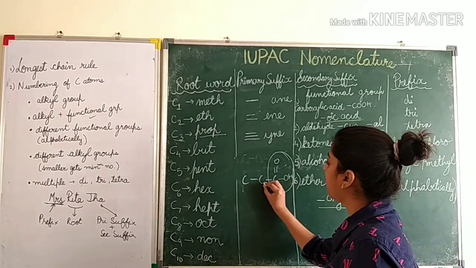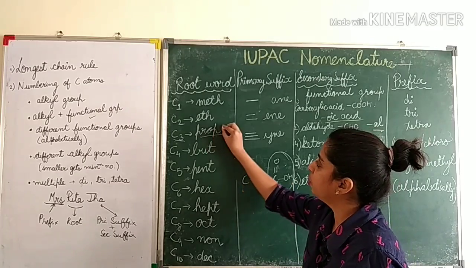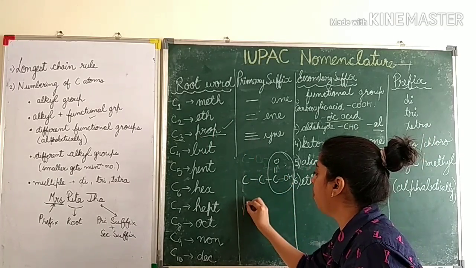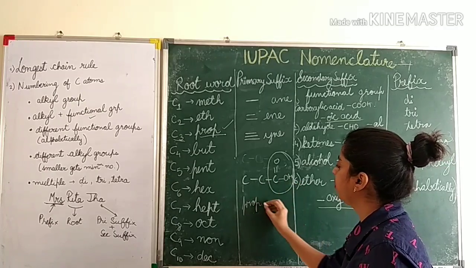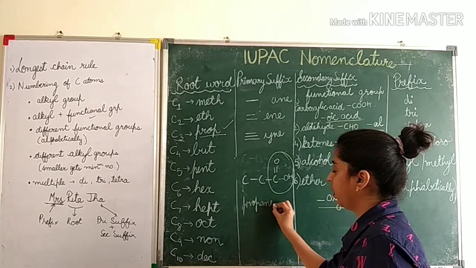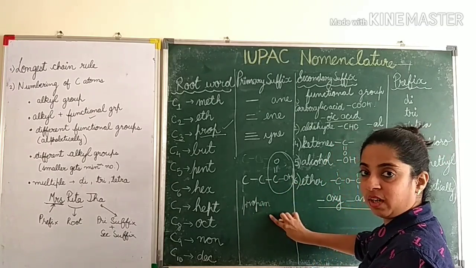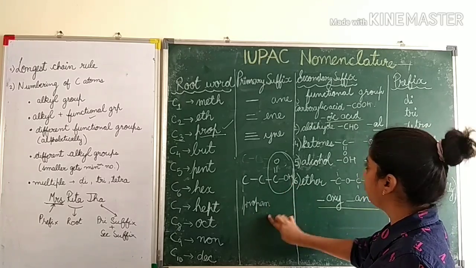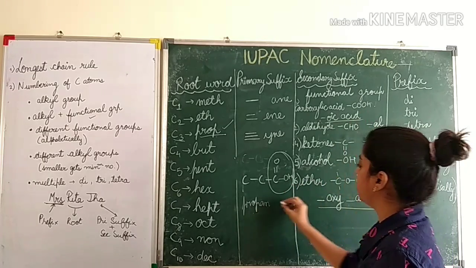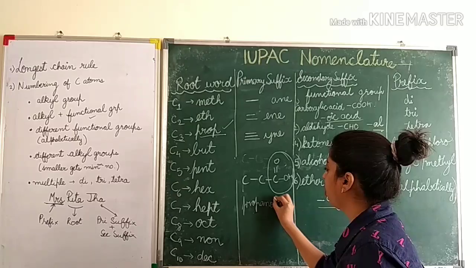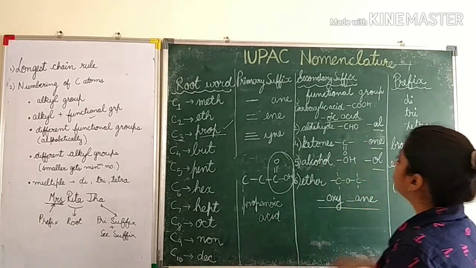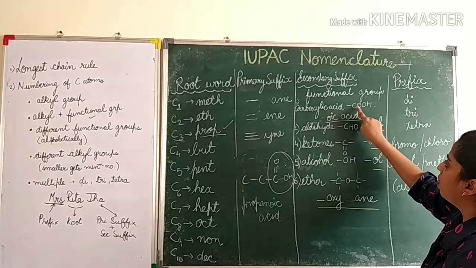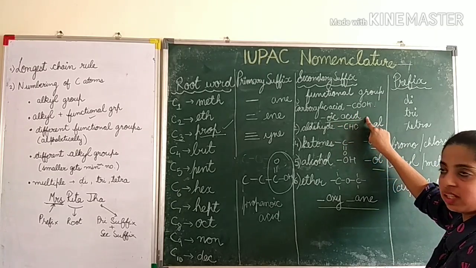So now there are how many carbons? 3 carbon atoms. So it will be prop. There is single bond in the long chain of carbon atoms, तो propane, उसका E हटाते हैं. Whenever you are adding the functional group you will remove E and add oic acid. So it becomes propanoic acid. Correct? So first group is COOH, means oic acid.